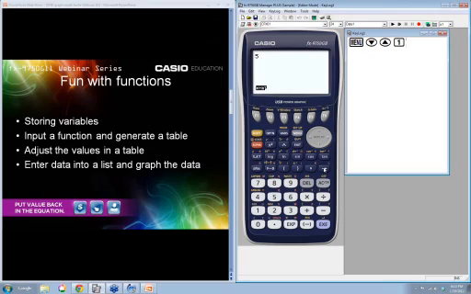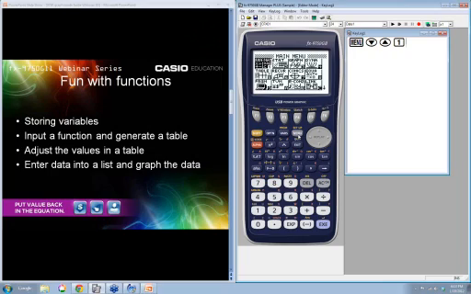So 5, right arrow, and then this is the variable key. This stands for all kinds of variables. So I'm going to press that, and I'm going to hit execute. And now what I've told the computer is anytime I press an X, I want you to see that as a 5. So now let's go ahead and see what that looks like.